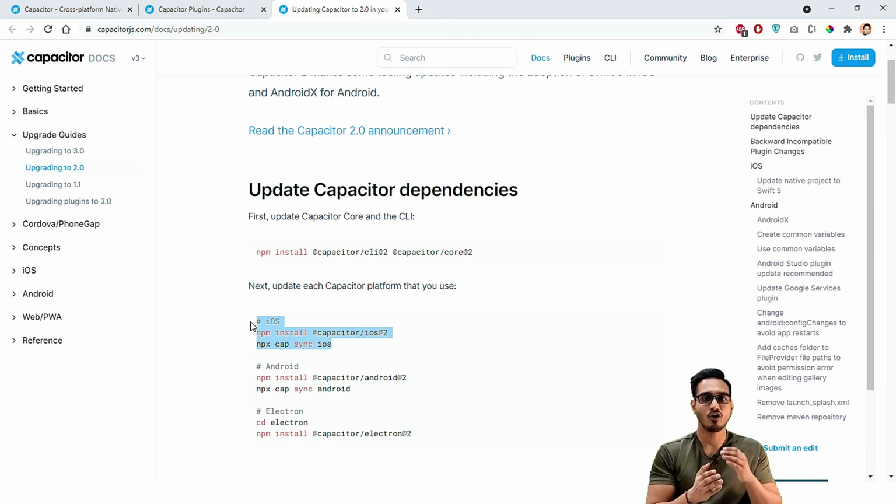And why I'm saying that is because if you want to go through the whole course using Capacitor version 2 and at last you want to migrate, then you can do this. But I don't think that is necessary, because I have shown a step-by-step guide on how to use Capacitor version 3. So this is the whole thing about Capacitor version 3 launched, what's new in it, and how to use it in our project. So I hope you have understood this and you can implement it very nicely.